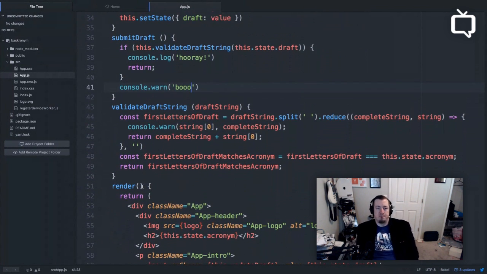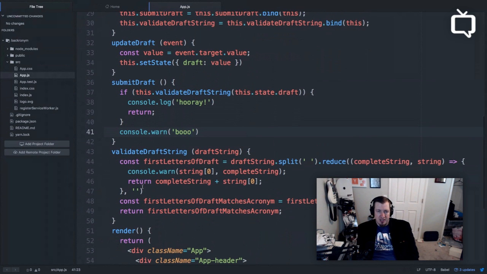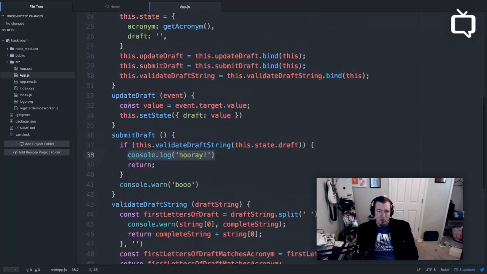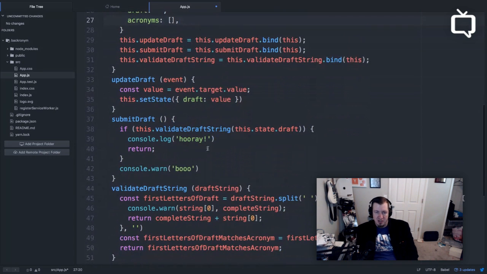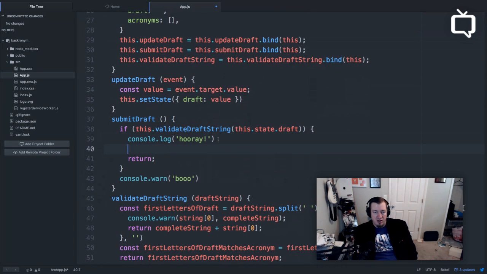Now what we need to do is, let's take our hooray. So hooray, if it's successful, we're going to make a new thing called acronyms in the state. It's going to be an array, which is like a list. And then we're going to get